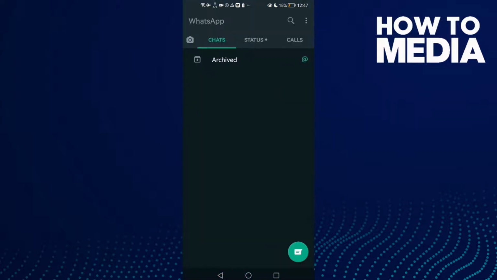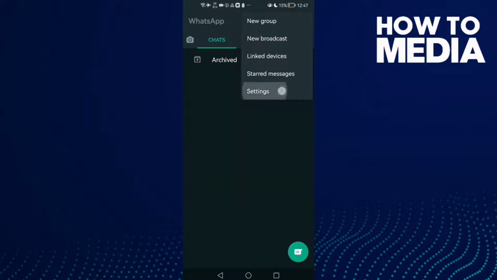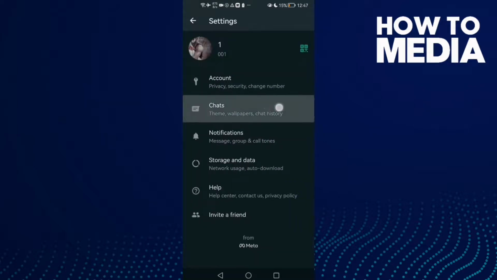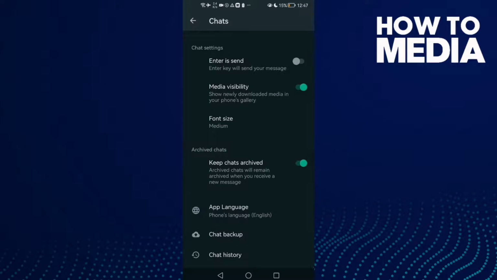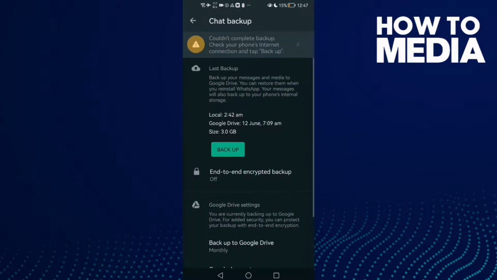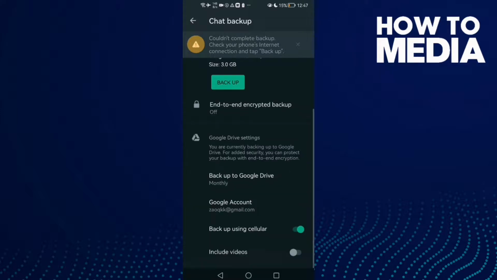First thing, go to WhatsApp and here you will find these 3 points in top. Click on it and here you will find settings. Click on it and then click chats and scroll down until you find the chat backup and click on it, and here just scroll down again, and